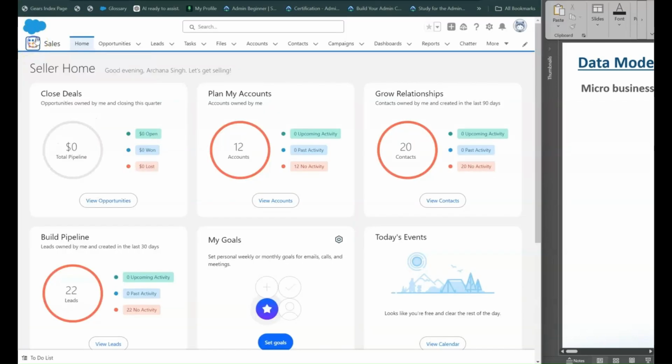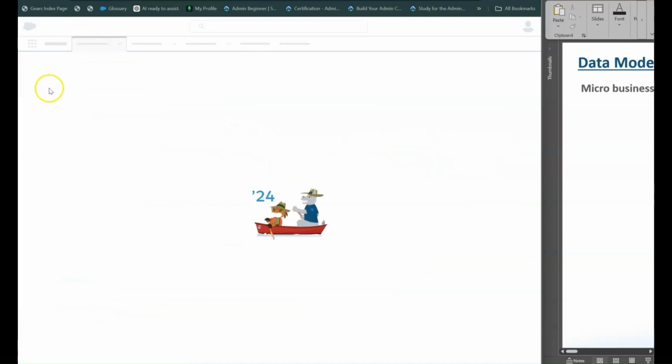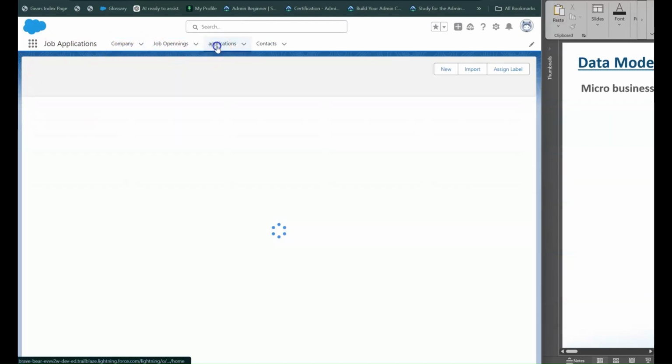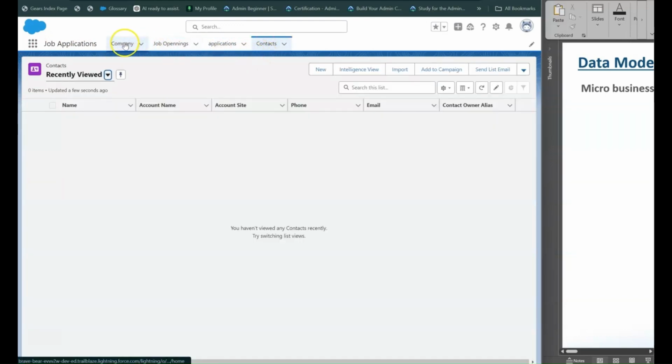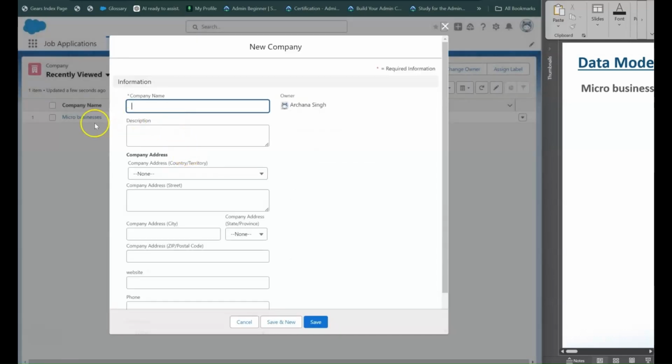Let's go and search for our application. So our application is Job Application. So this is our application and it has all the company, job openings, applications, and contacts. From here you can create records. So we have one Micro Business company created. We can create test